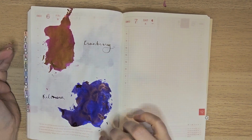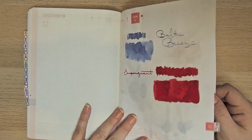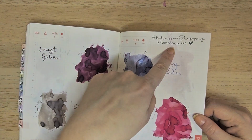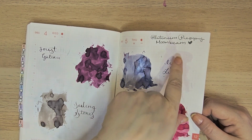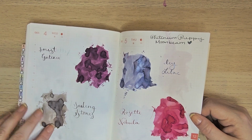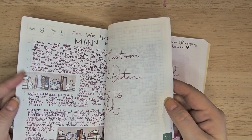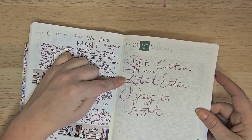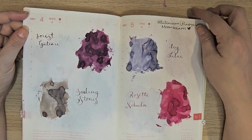I think we are still in a really solid series of colors. If anybody's curious about this, I inked up a Platinum Preppy with Moonbeam, which I think was from last year. Yeah, it was from last year. And I will write down what pen. So on this day, I inked up my Pilot Custom 74. So I wrote down, that's what I did. And so since these days are getting used up with Inkvent,